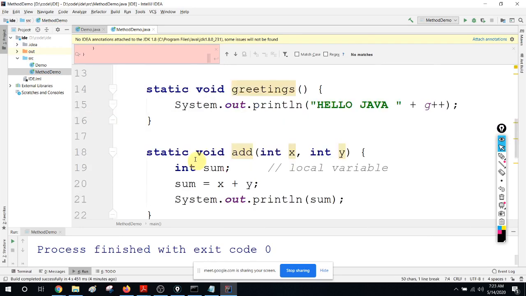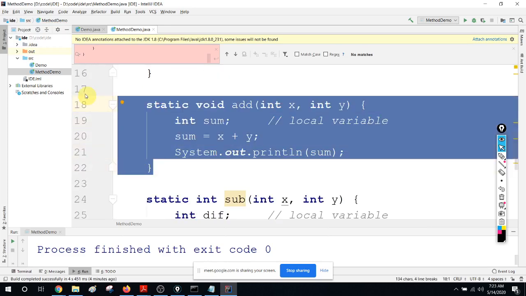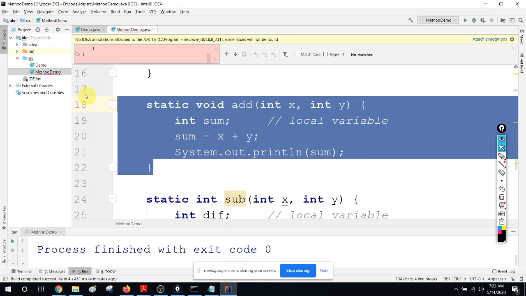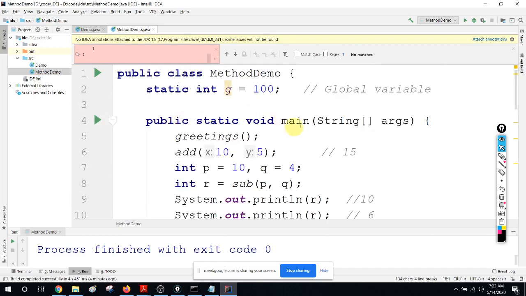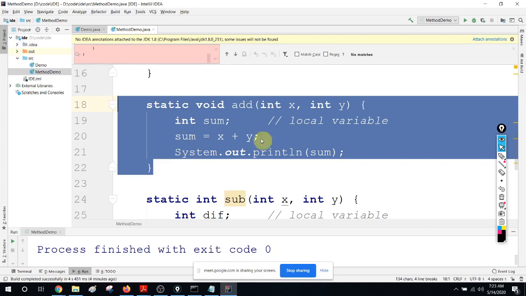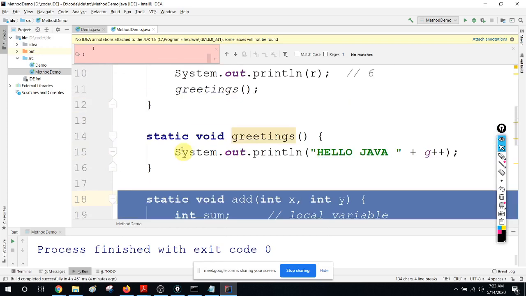For example, if I want to comment this entire method, I can just select it and press Control slash, and if I want to uncomment, again it's a toggle. So now I have told you how to write the main method as a shortcut, PSVM, and System out println, SOUT tab, then how to indent code if it got messy, and also how to comment blocks of code.